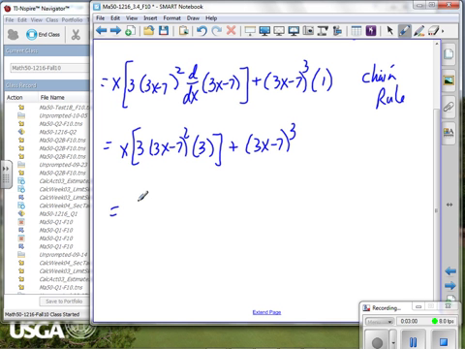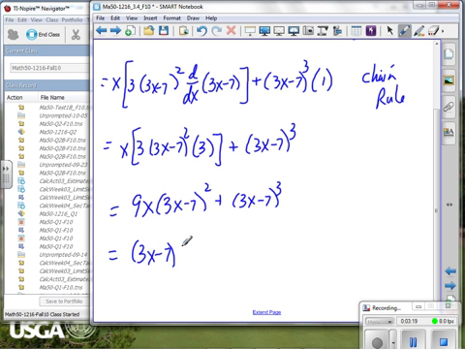Okay, so now let's see. I've got 9x, and I've got 3x minus 7 quantity squared plus 3x minus 7 quantity cubed. Yeah, that's 1 step of algebra. But the next one, let's see. Got a common factor. Good. Let's factor out 3x minus 7 squared. And that leaves me with 9x plus, and I still have another factor of 3x minus 7 in there. If you need to, put a parenthesis, so it's 1 more factor of 3x minus 7 in there. That's 2 steps, but come on, let's do 1 more. I don't expect you to do any really heavy factoring, canceling, finding the common denominators, but